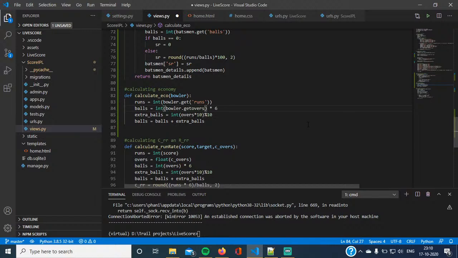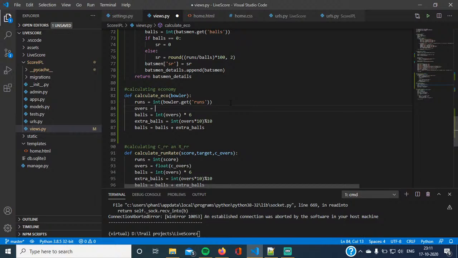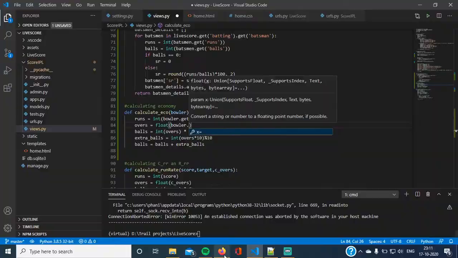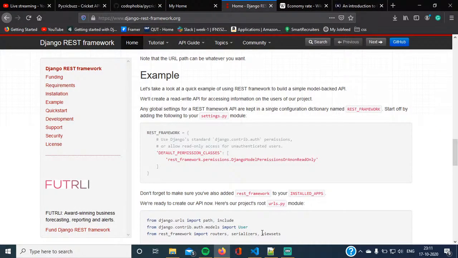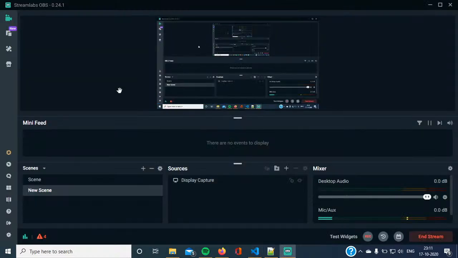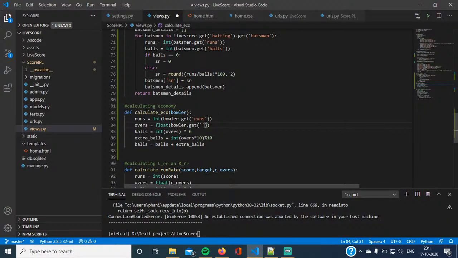Bowler dot get, bowler dot get. Right, so basically what I'm doing is I'm returning this overs value from the dictionary and converting it into a